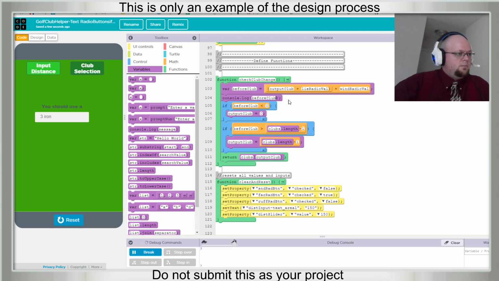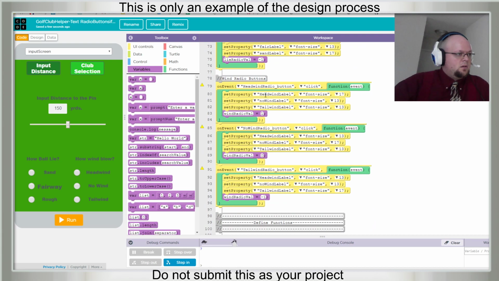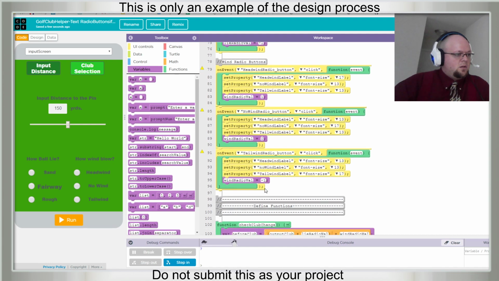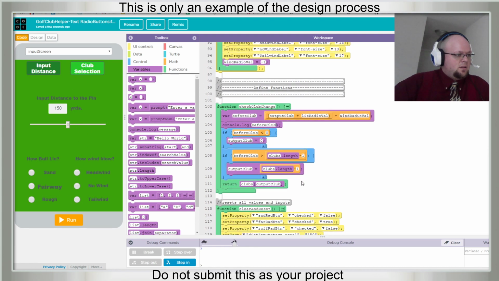But why is this not, okay, headwind, we want one more club. No wind, we don't want to change. Tailwind, we want one less club.